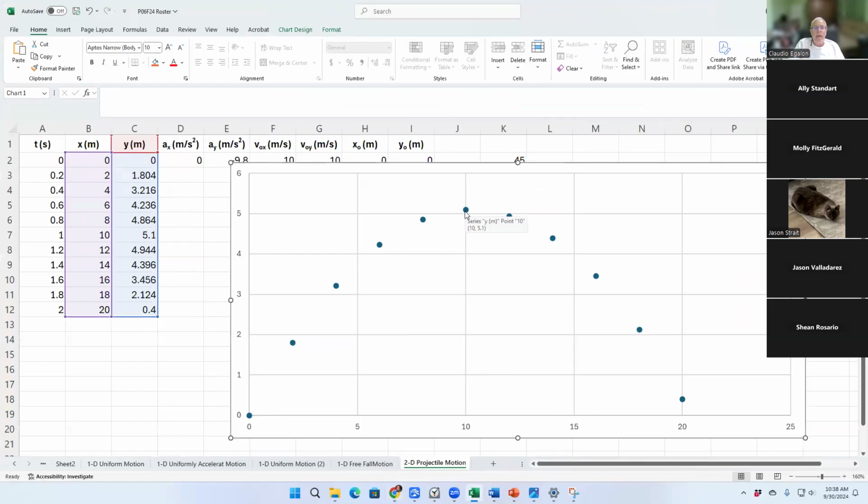Here is your package. Forget what you have in your left side. And the package is going to have this horizontal velocity that's exactly the same as the